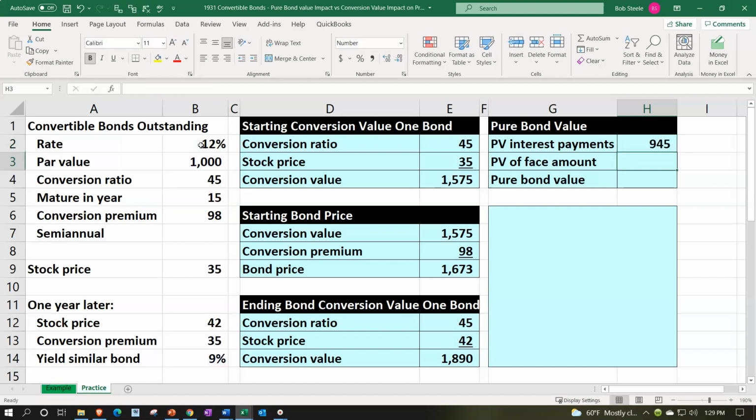We're going to then say enter. That's going to give us the 945. Let's add a couple decimals. 944.57. Now we're going to take the present value of that 1,000, negative present value, shift 9, rate 9% again, divided by 2 for semi-annual,